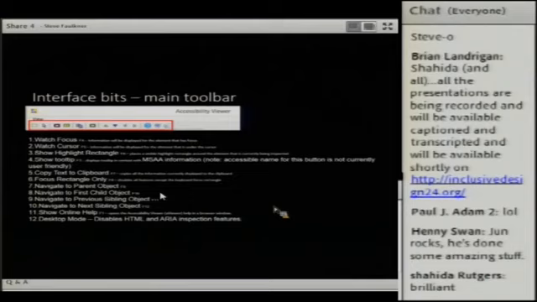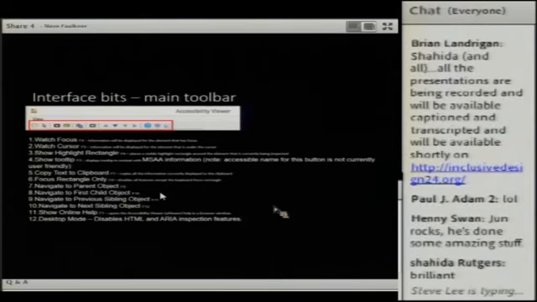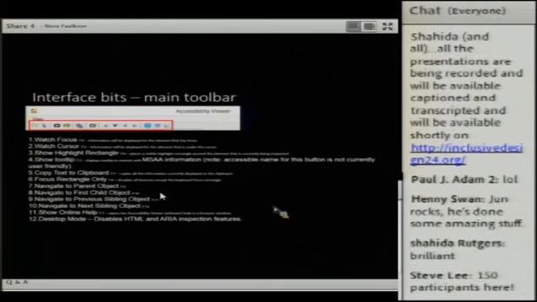The focus rectangle only does not show any of the accessibility information, but if you push watch cursor, watch focus, and then press the yellow one, the focus rectangle only, it will highlight as you tab through the page. That's useful when you're checking for keyboard, to see that information. So it does the same thing as the red square does. It just means that you don't get the overhead of it trying to recalculate the accessibility tree every time you tab through the page.